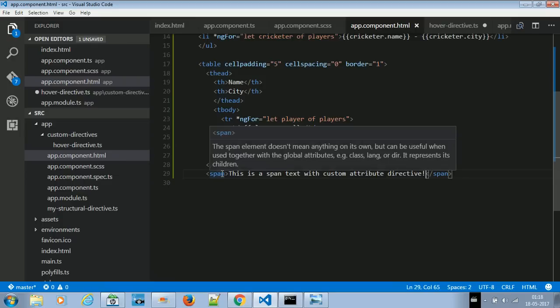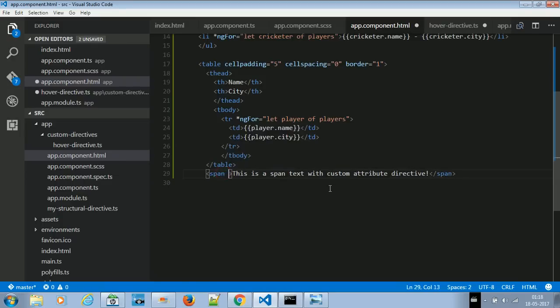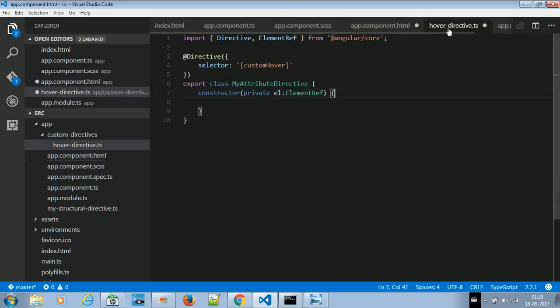Okay, and inside this span, say I will write that directive, custom directive. Say I give the directive name. What was the name I have taken? Let's see. That is custom hover, whatever is the selector name. So if I put custom hover over here,